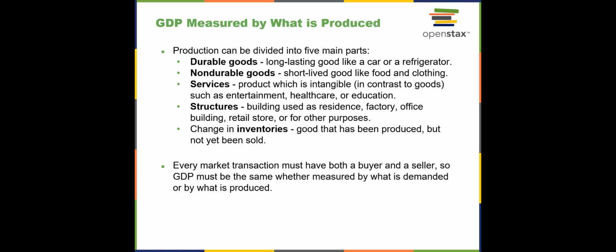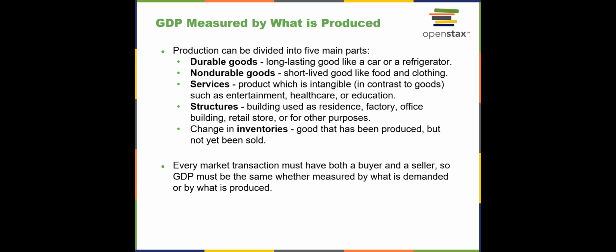Non-durable goods are short-lived goods like food and clothing. Services are products which are intangible, such as entertainment, healthcare, or education. Structures are buildings used as a residence, factory, office building, retail store, or for other purposes. And also change in inventories. What is an inventory? Goods that have been produced but not yet been sold